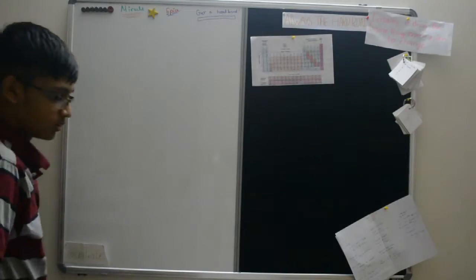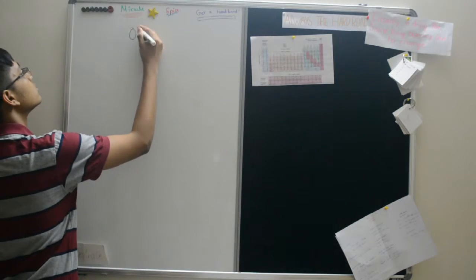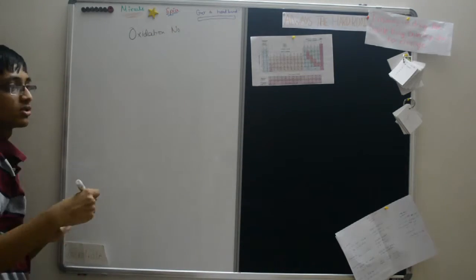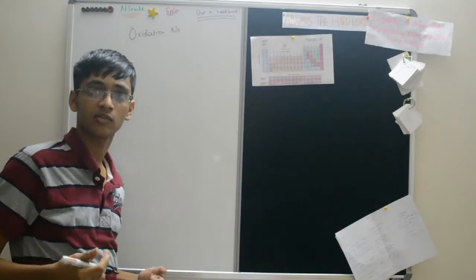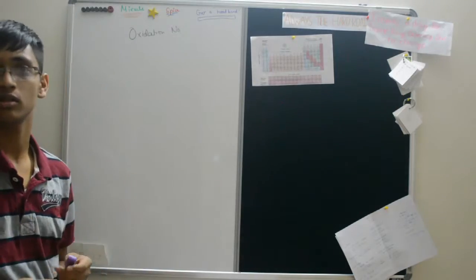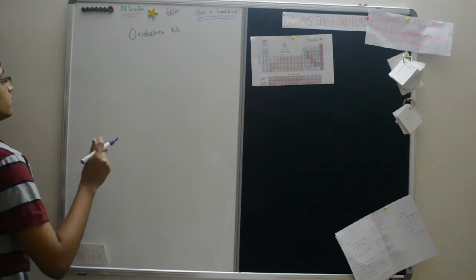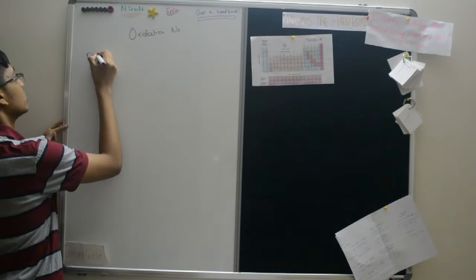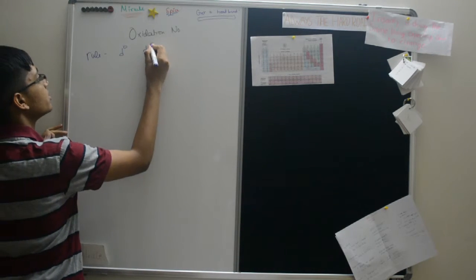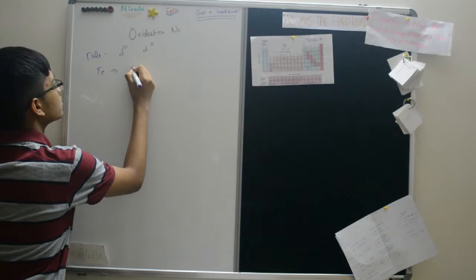Okay, so continuing from oxidation number, oxidation number you should remember is the number of electrons donated or the number of electrons which are accepted. Now because all the D block elements are in the fourth period, therefore they are all metals and therefore they all have positive charge. However, the magnitude of the positive charge varies. And the basic rule you have to follow is that the D subshell should be having D0 or D5. Okay, so if they give iron for example, then you know that it is argon,